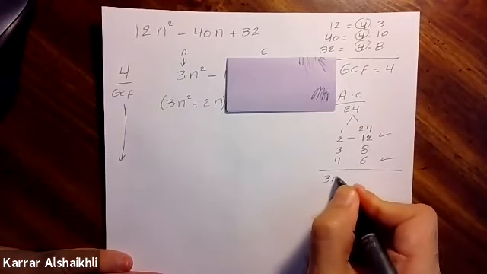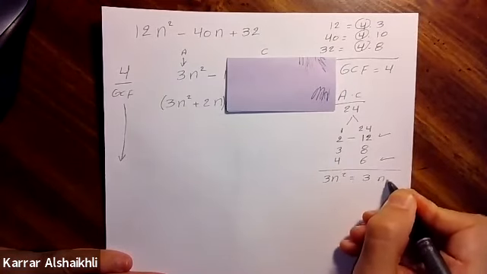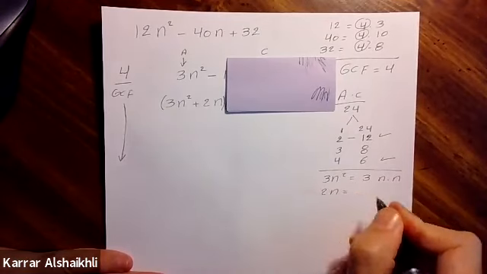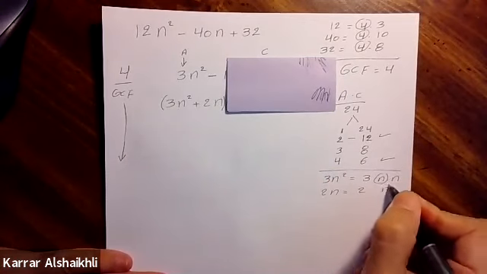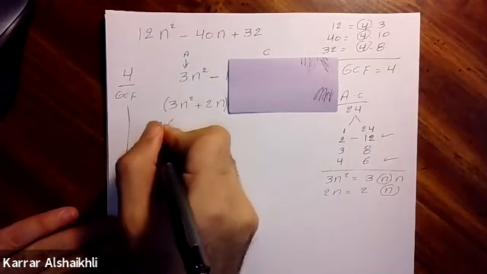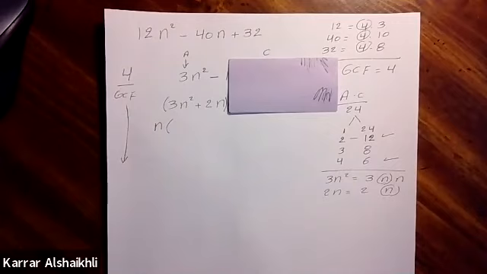Why? Because 3n squared equals 3 and n times n, and 2n equals 2 and n. There is no common with numbers. There is only common with n. So I'm going to write down n. Now start dividing. If 3n squared is divided by n,